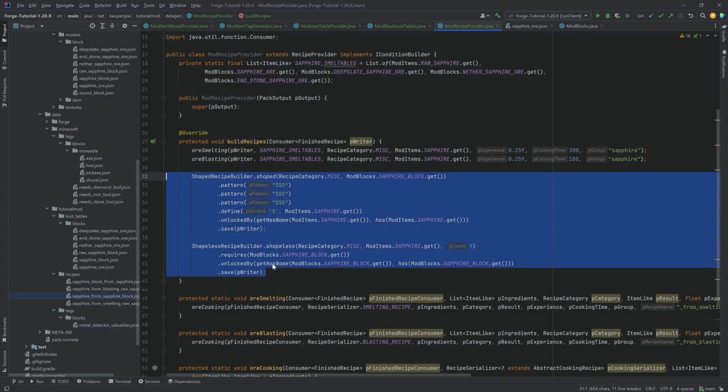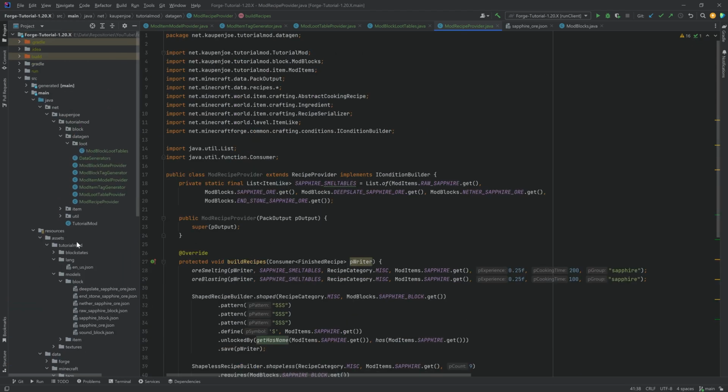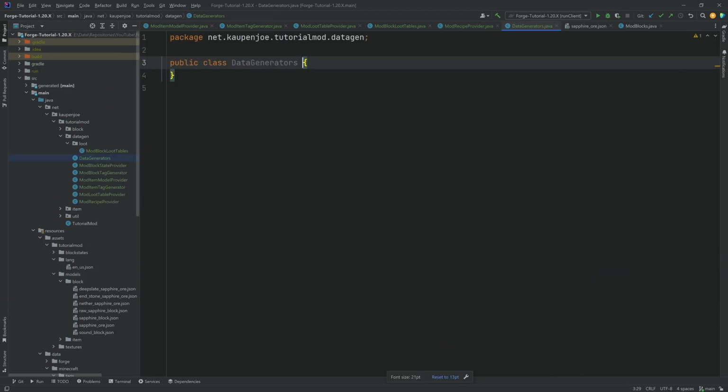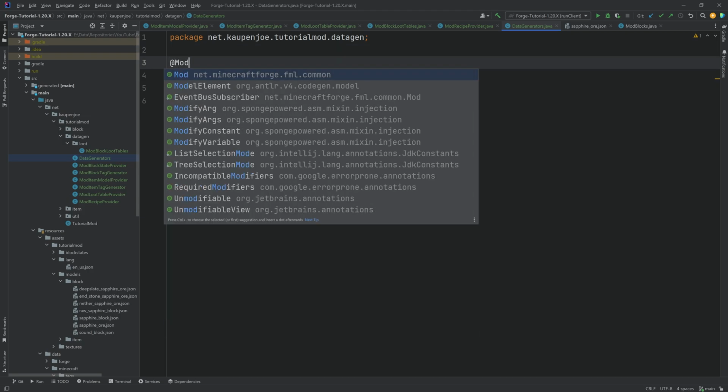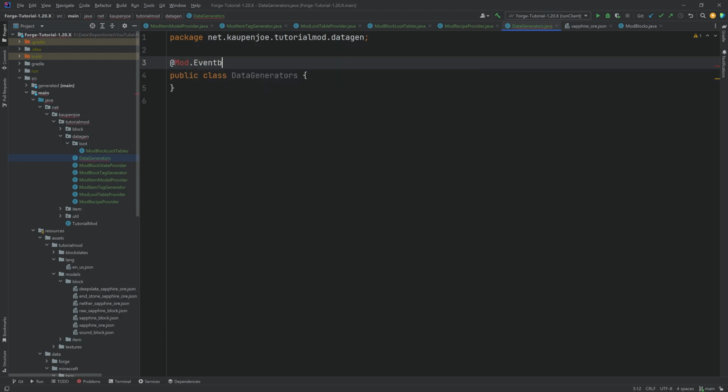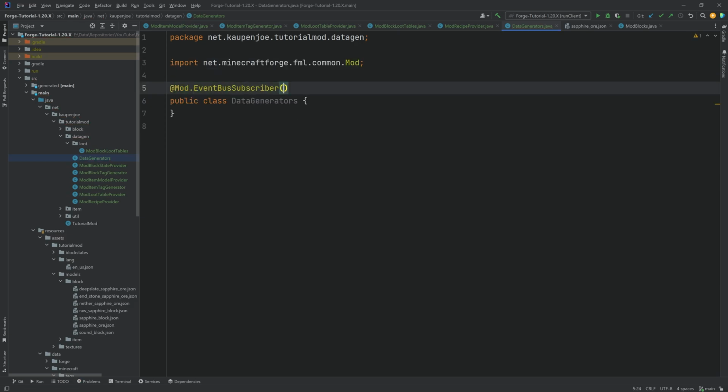But in theory, that's going to also yield exactly what we need. And with that, all of our providers and crazy things are done. So we now can go to the data generators class over here and add the @Mod.EventBusSubscriber over here. Let's import the Mod class and then pass in a mod ID, which is of course